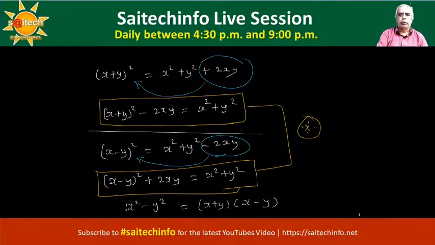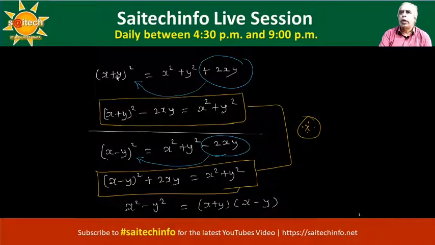In this tutorial, I'll be explaining the basic aspects of polynomials. Before getting into this topic, let us recap the basic algebraic formulae. (x plus y) whole squared is equal to x squared plus y squared plus 2xy. (x plus y) whole squared minus 2xy is equal to x squared plus y squared. Actually, this formula has been derived from the above one.